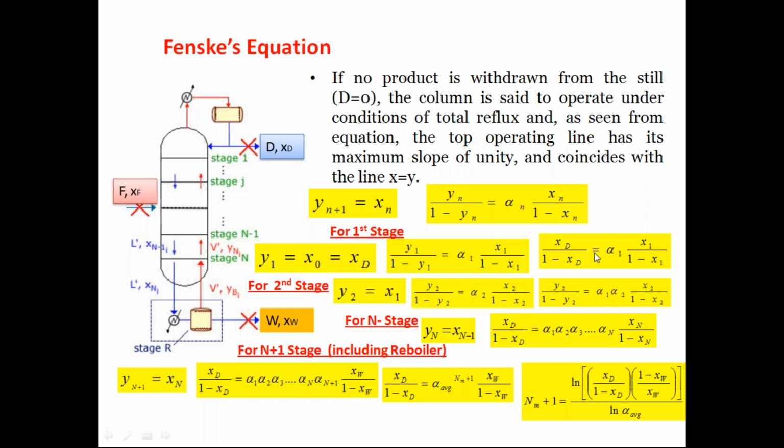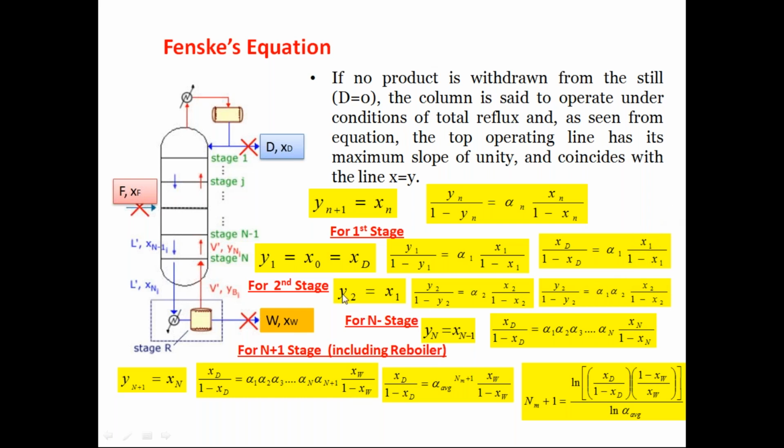Then you can substitute your y2 as x1, and then x1 in place of the x1 again, you can substitute this one, and finally you'll get y2 by 1 minus y2 is equal to alpha 1 into alpha 2 x2 by 1 minus x2. This equation will result. So I think everybody is understanding this one, because when you substitute in case of this one, so you will